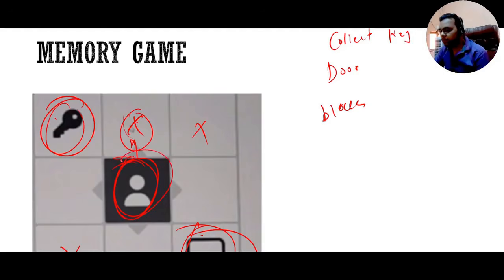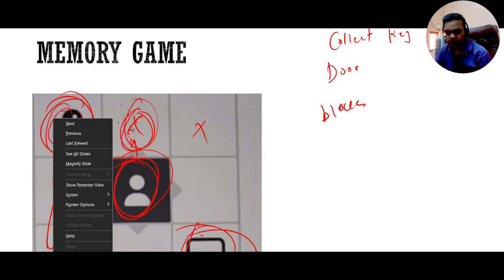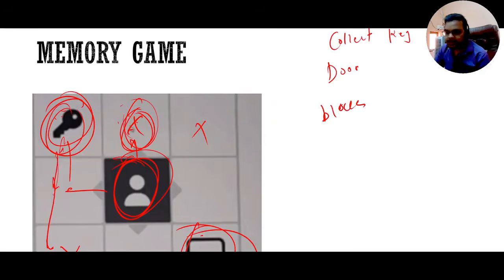So you will come here. Now you know this is the block path. Now you will go left, then up, and you can collect the key. Now you already know that this is the block path. Now suppose you want to go in this direction, down, then down, because you want to go to the exit door, you can see here, this is a block path. So if it is a block path, you cannot move here.